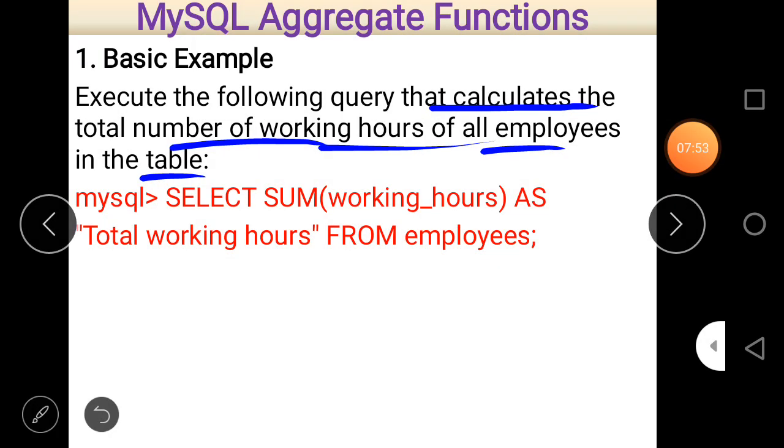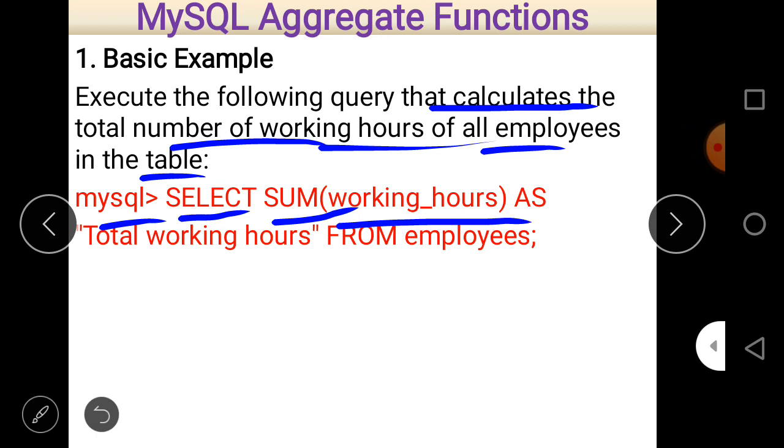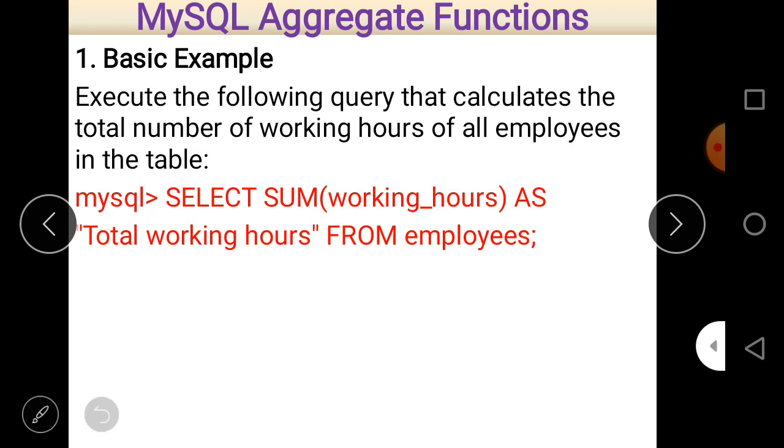So first of all, at the prompt you can write select and then sum and then working hours, because you want to calculate the total number of working hours as given in the question. For calculating a total, there is a function called sum.